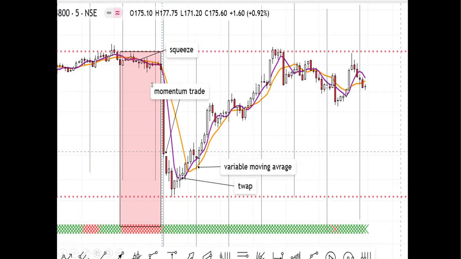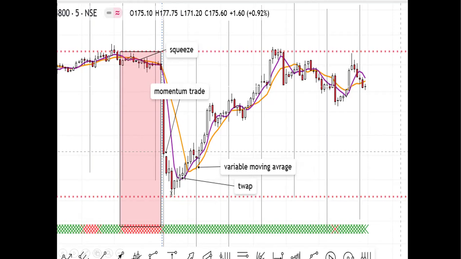So when the shorter period is crossing below the longer period, you can see TWAP, the shorter period, is crossing below and price is below. You can see the momentum fall in the market. In the 24,800 call option only, I have shown it. You could have seen it on the Nifty itself, this is the crossover over here. So it started moving down. So you got the momentum trade.